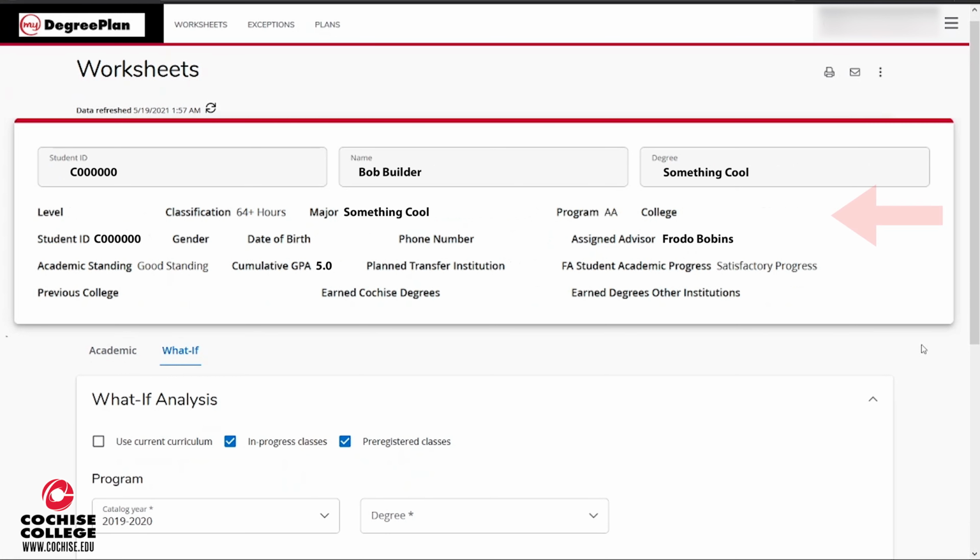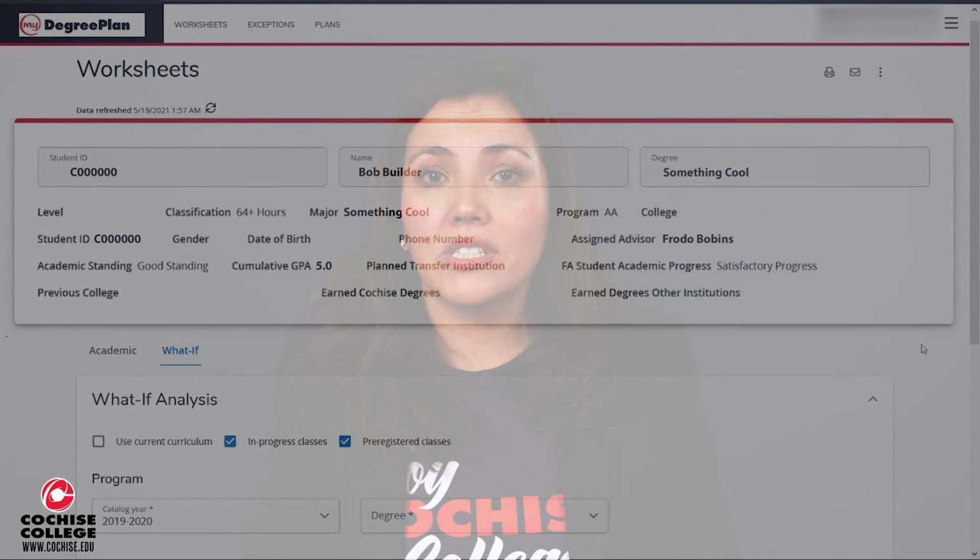Some of you are doing certificates that might be embedded into the degree that you have chosen. So especially like the AJEC A or the AJEC S, those will be embedded into your Associate of Arts or your Associate of Science. Right below your header, you'll be able to see other information that's personal to you. So for example, here you'll be able to see your GPA, who your assigned advisor is. You'll be able to see if your transcripts have been reviewed, they've been received, or if Cochise College has given you a degree already. It's a great wealth of information.